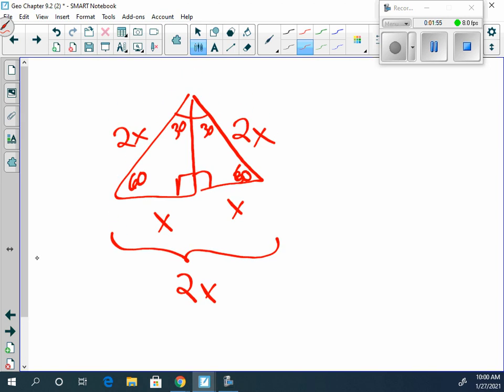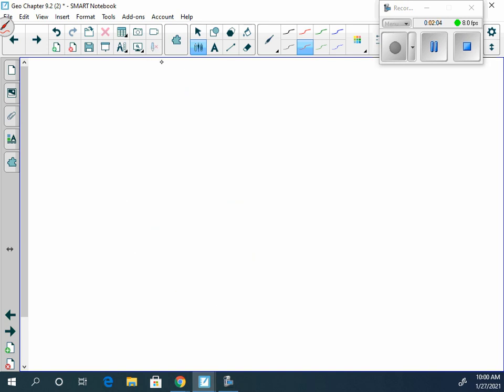Well, now we're just missing what? The side opposite 60 degrees, yes? So using this here, we defined 30, 60, 90. We said this was x, and using two triangles, we could see that this side length would be 2x. And if I want to find the third side, well,